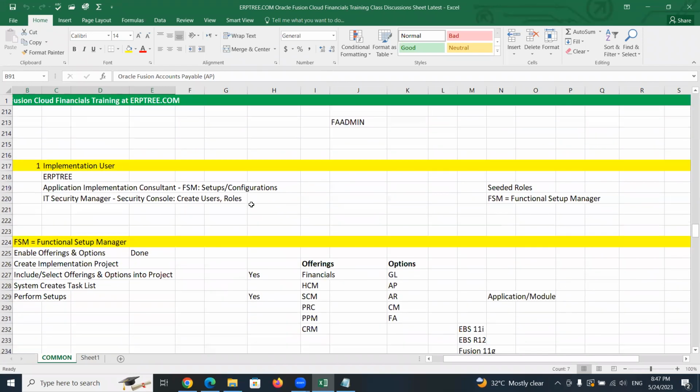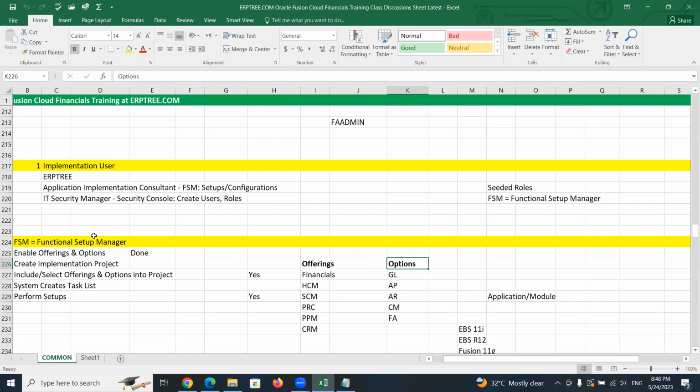When I talk about FSM, the product families we call offerings. If you take the example of the financials offering, the applications within financials we call options. Offerings and options.